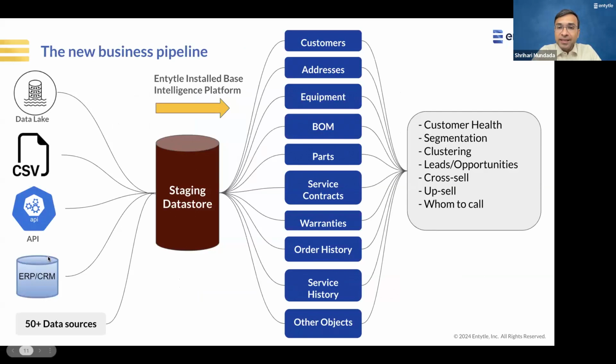If I were to show you a business view of this data pipeline, what have we done? Or, in other words, I'll tell you the secret sauce: we have built a standard data model that caters to most of your install-base use cases. Keeping the major install-base entities at the center, we take care of all your locations or customers, addresses, equipment, bill of materials, service contracts, warranties, and many other custom objects. So we work backwards, keeping this data model at the center. We work backwards with respect to this and get data from your different systems, clean it, unify it, and then